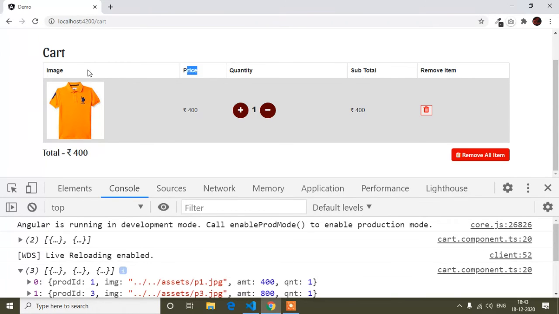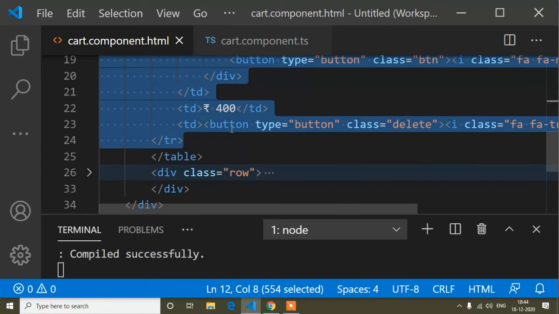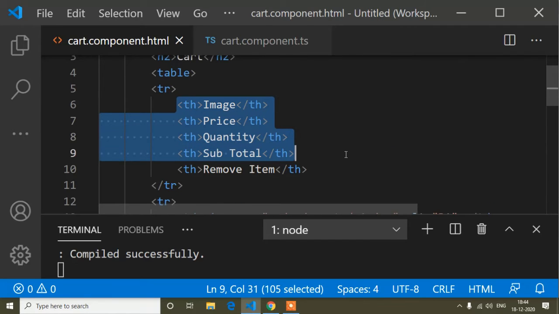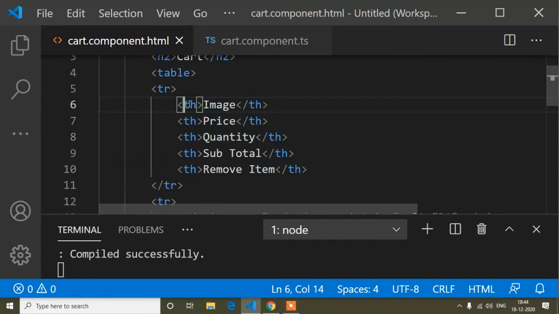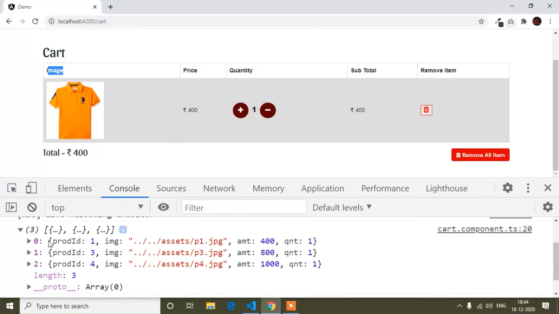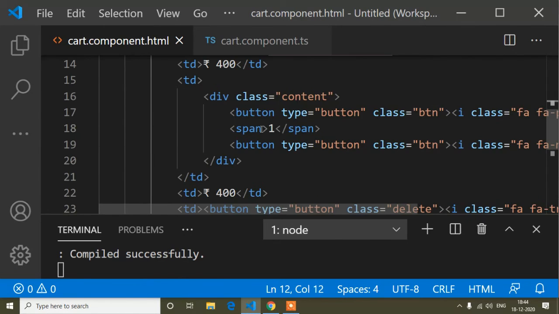These are the headings: image, price, quantity, subtotal, remove item, and so on. This 400 is a td, this quantity button is inside a td, all are inside a td. If I show you again, you can see all the things are in the td, and these are the headings. I don't need to make a loop of this heading, because the heading will be the same for all products, but the products will be different, which I am adding here. So for that I will make a loop of this tr.